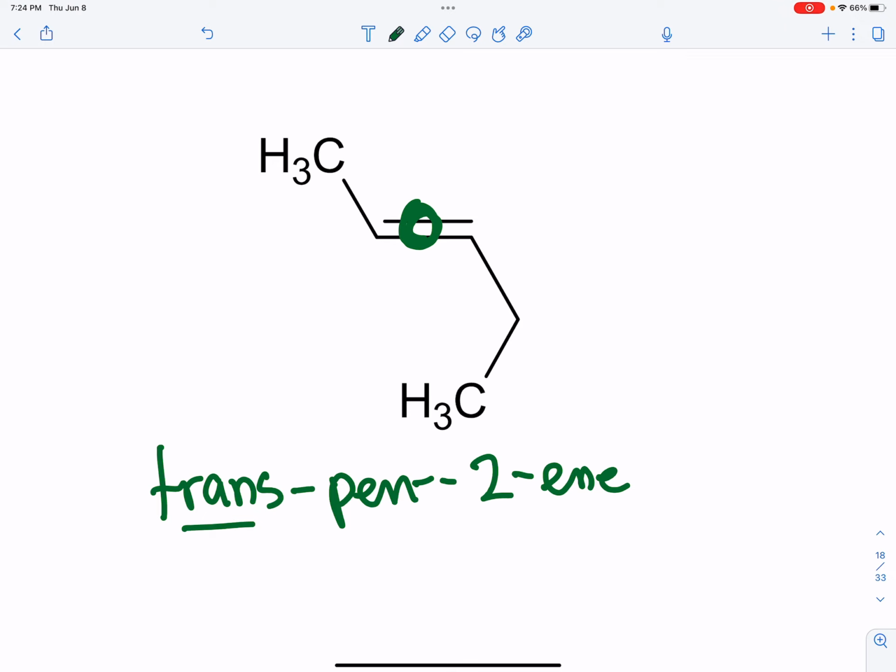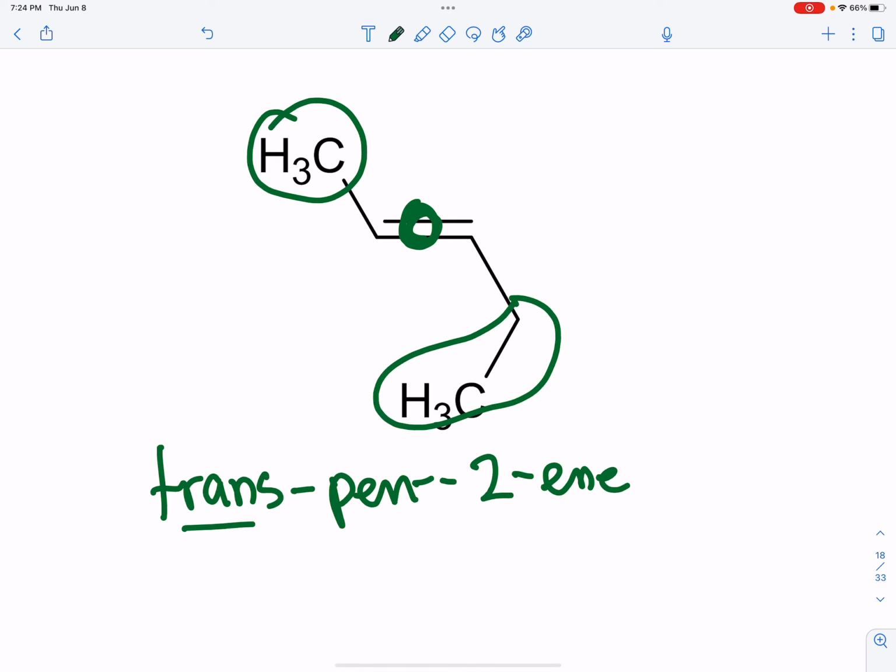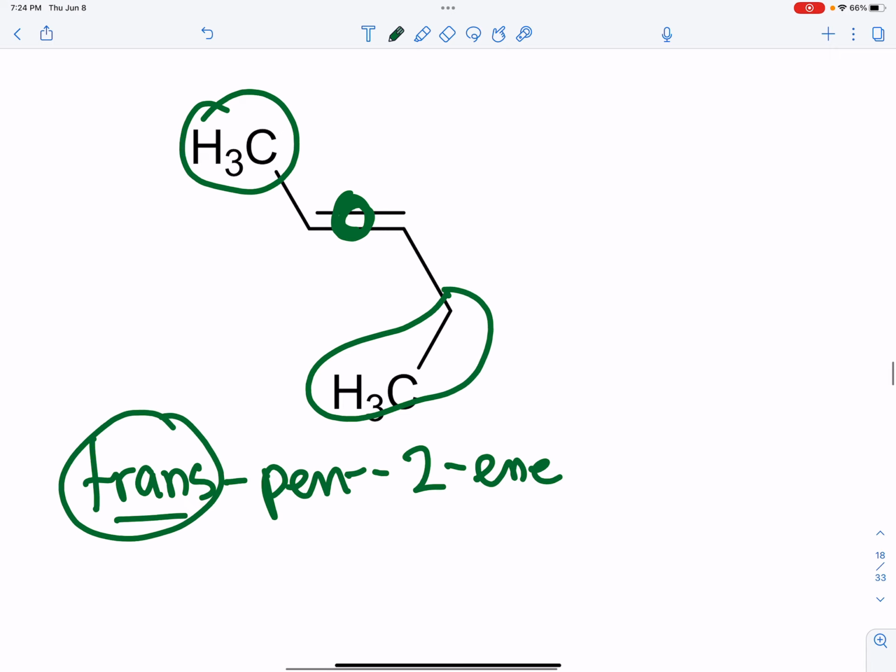Because we can no longer rotate around that double bond, the methyl group here and the ethyl group here will always be on opposite sides of the double bond. That's why it's a trans isomer. If we had drawn the same molecule,